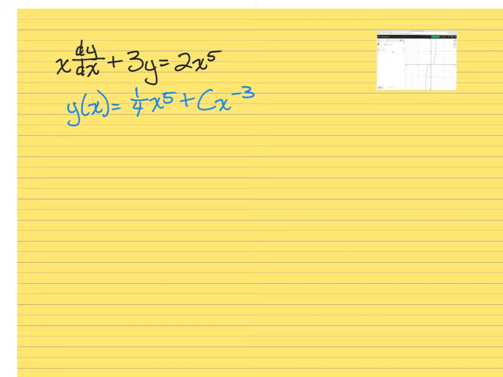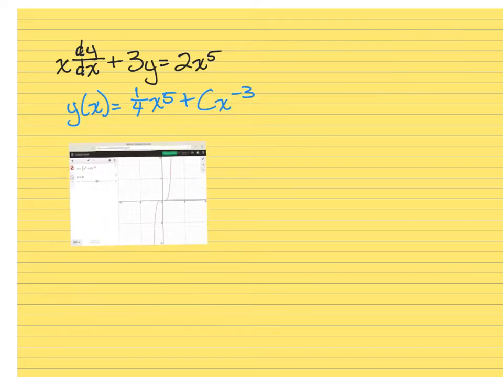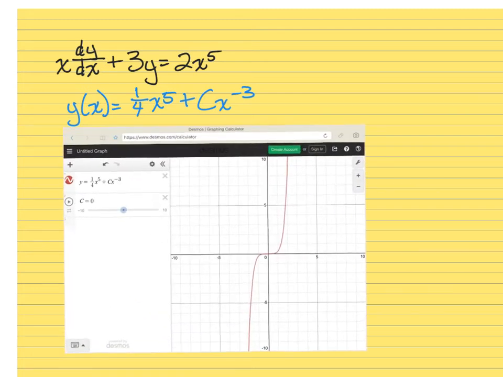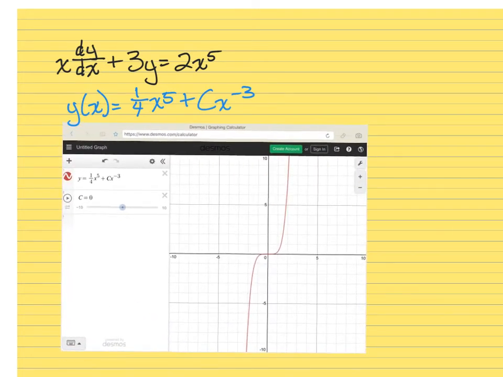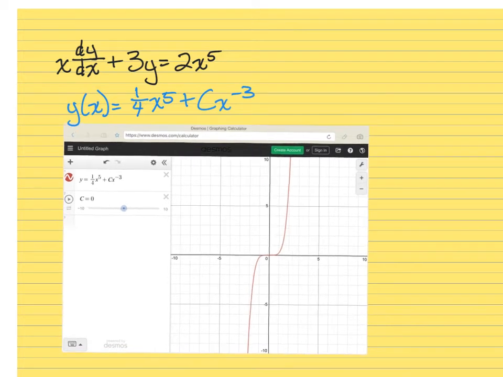All right. So I want to just show you what that means here. Here is the graph of y of x equals 1/4 x to the fifth plus c times x to the negative 3 for c equals 0. You can see right here that c equals 0 in my slider. And so that particular function solves the differential equation. All right? But if I change